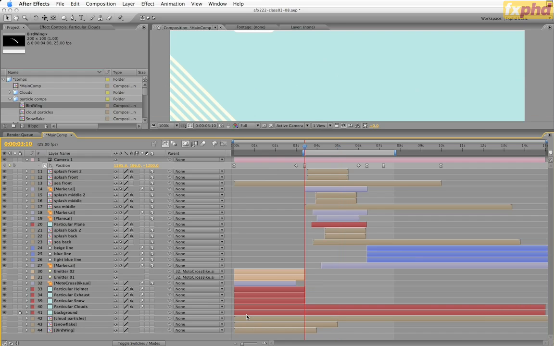Okay, I've trimmed those. If you're using custom particles with Particular, you need to make sure that the layer that it's referencing is actually present underneath the Particular layer. For instance, if we started Particular up here, it wouldn't be able to reference this layer. It needs to start at the same time. So I'm just going to start that layer there, so that when I add the particle systems, it's underneath and